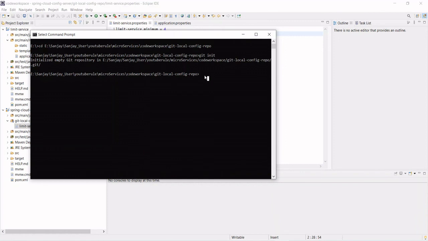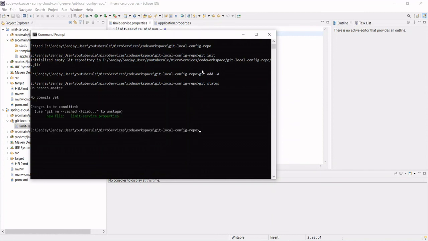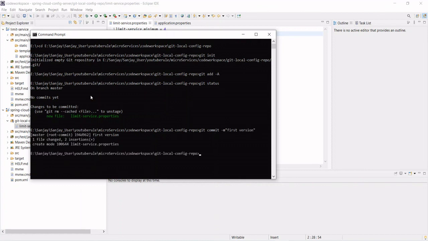You are in the same folder. Here you need to run git add -a for all files, done. Then if you want to check the status with git status, you can check this file. A new file is available, so you need to commit it: git commit -m "first version", let's say. One file changed, two line insertions.